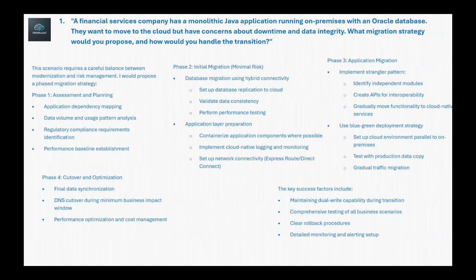The key success factors here include, for your understanding, maintaining dual write capability during transition, comprehensive testing of all business scenarios, clear rollback procedures, and detailed monitoring and alerting setup. So these are NFRs, non-functional requirements, that you would weigh in. So this is a phase-wise application migration that you can explain. Of course, there are a lot of other factors that come in, but this is what you can start with. Moving on,